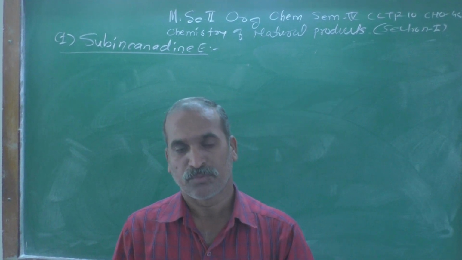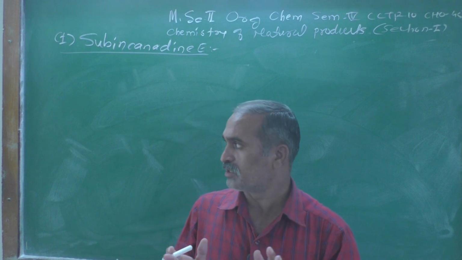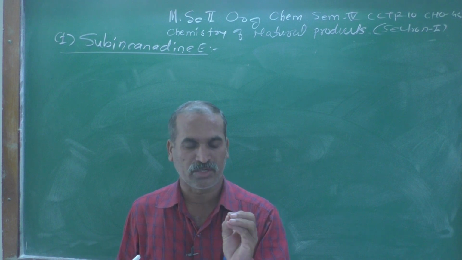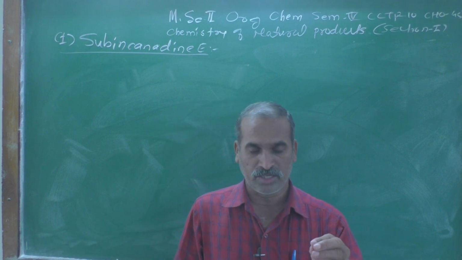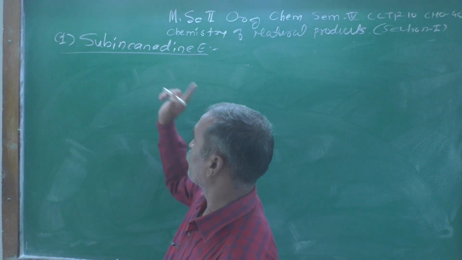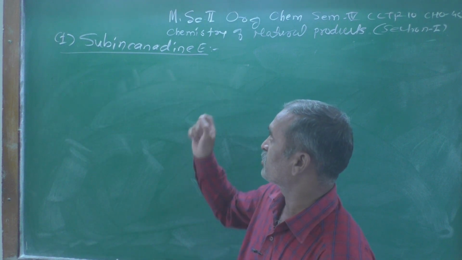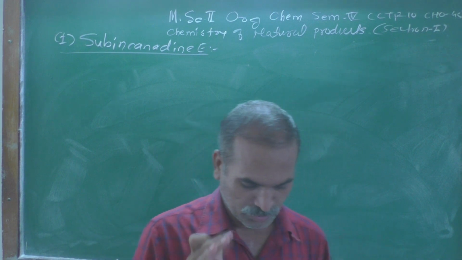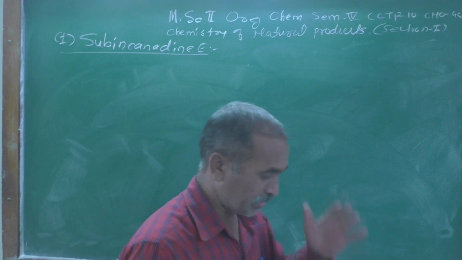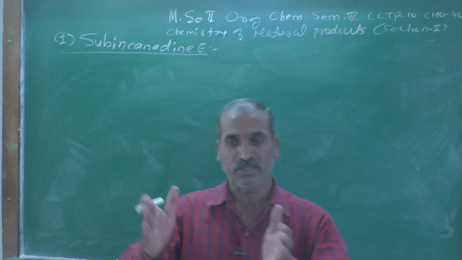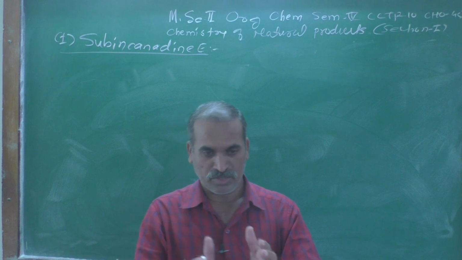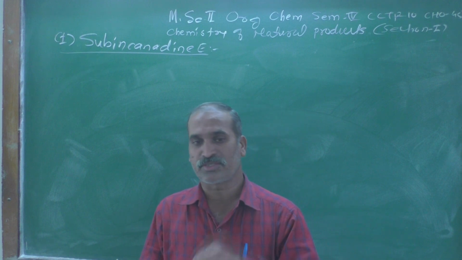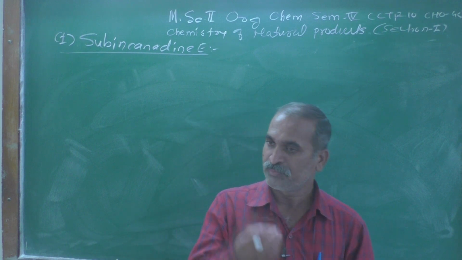Today, out of those seven molecules A to G, they have focused only on Sabinene Canadine E, and therefore the heading is given as plus-minus Sabinene Canadine E. We are going to discuss the retrosynthetic analysis of the target molecule. The retrosynthetic analysis is a disconnection approach, or what we can call